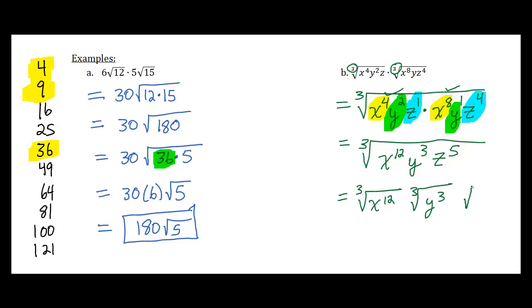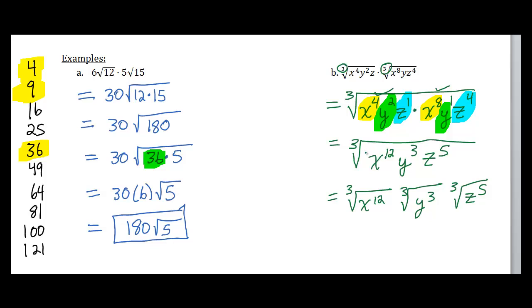And the only reason why we can separate this is because it is multiplication under each of these radicals. Now, if you recall, in order to simplify, when we have powers of a variable, we look at the multiples of our index. For instance, our index is 3. The multiples of 3 are 3, 6, 9, 12, 15, so on and so forth. And if we see those numbers, these exponents on this list of multiples, then it is a perfect cube. But if we don't, then we're going to have to rewrite